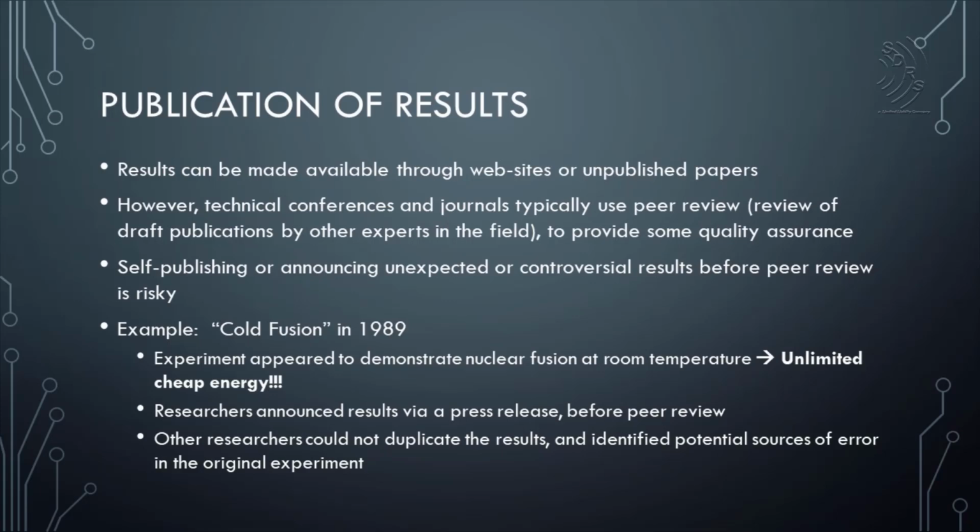While it's common practice to post preprints on the web, self-publishing or announcing highly unusual or controversial results before going through a rigorous peer review is risky, and there was an example of that in 1989 with a phenomenon that was called cold fusion, and some researchers believed that they had observed nuclear fusion at room temperature and did not want to wait for the peer review process for various reasons, so they announced this publicly, and the news media interpreted this as a source of unlimited cheap energy,